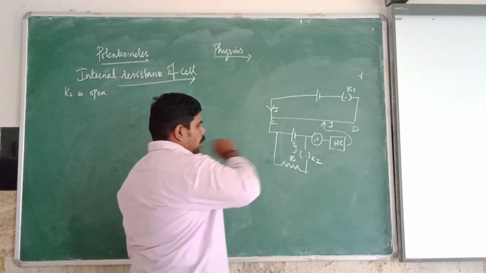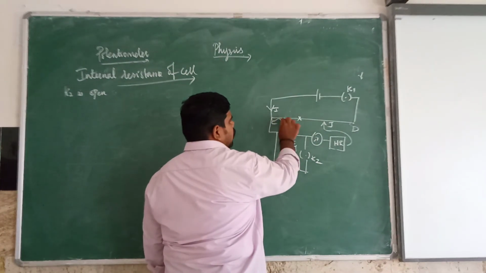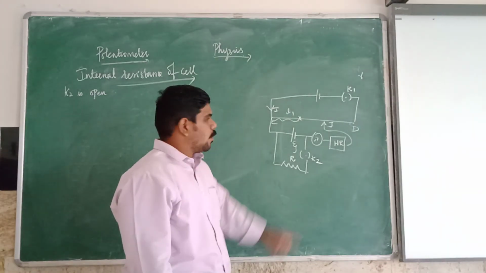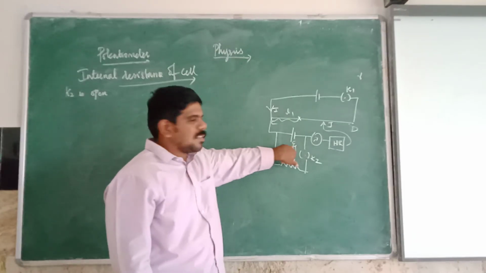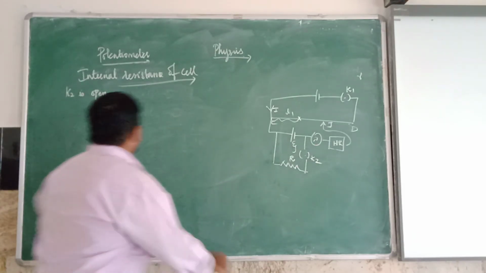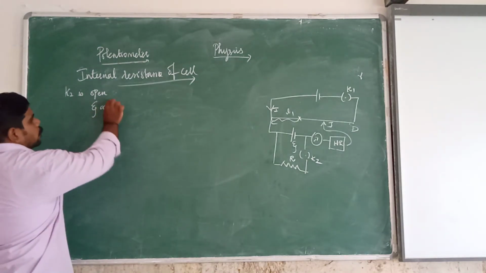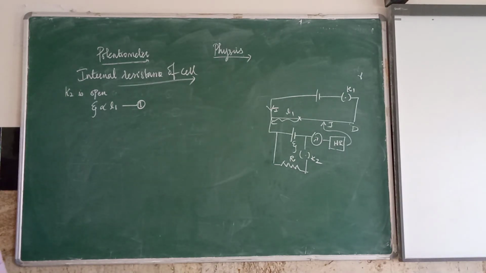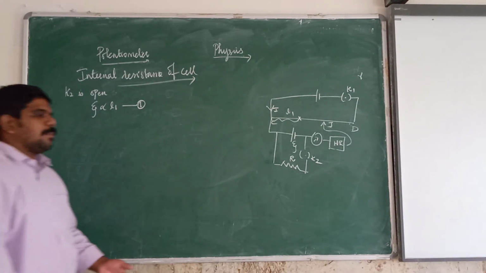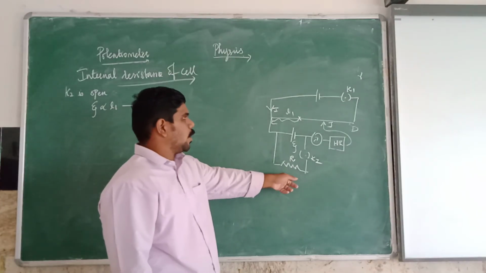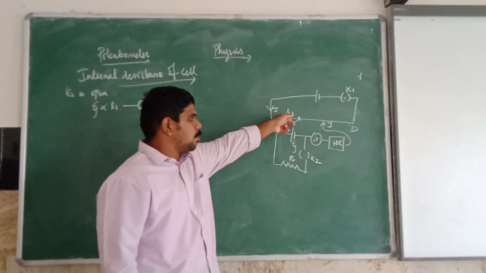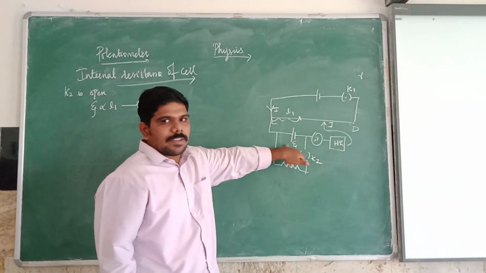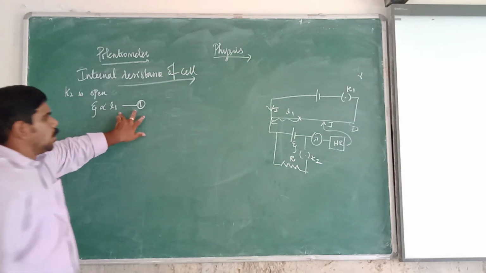Now, we take that key. The potential difference across the balancing length L1 will be directly proportional to the EMF of the cell, so the galvanometer shows zero deflection. So what we get is psi is proportional to L1, equation number 1. When the key K2 is open, the resistance R is not included in the circuit. So the potential difference across the balancing length will be directly proportional to the EMF of the cell psi. So what is the connection? The psi will be directly proportional to L.